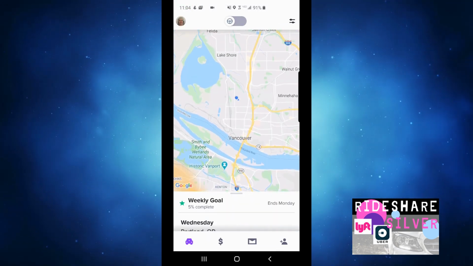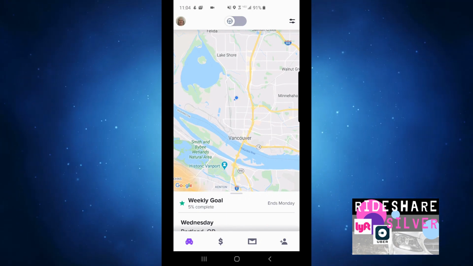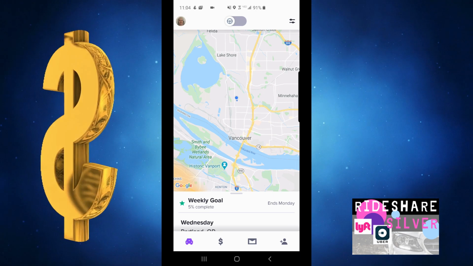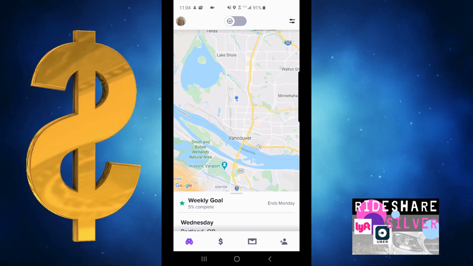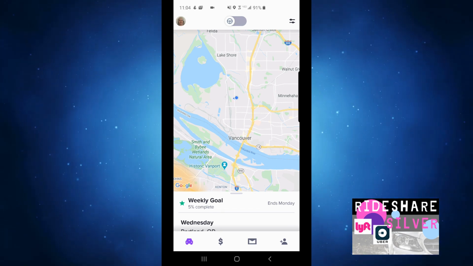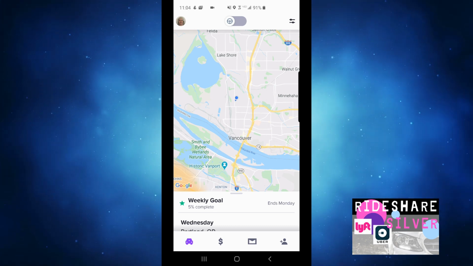So hopefully this was helpful. Always trying to find ways to make it better, make more sense, let you make more money, kind of have a little bit of control over your driving. Maybe if there's a big accident on one part of the town, you don't want to go near it. This is another way that you could use the destination filter. So like I said,